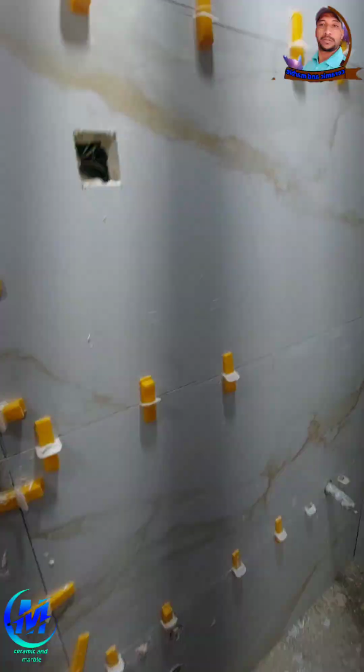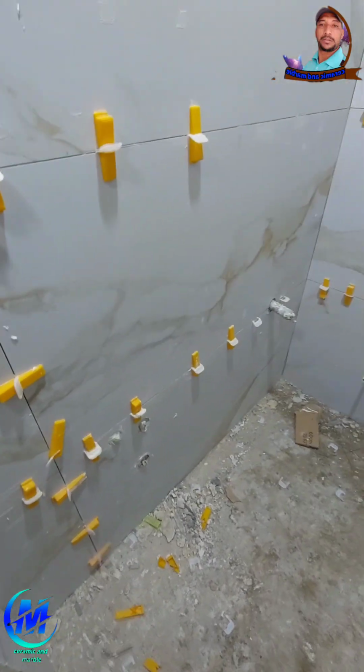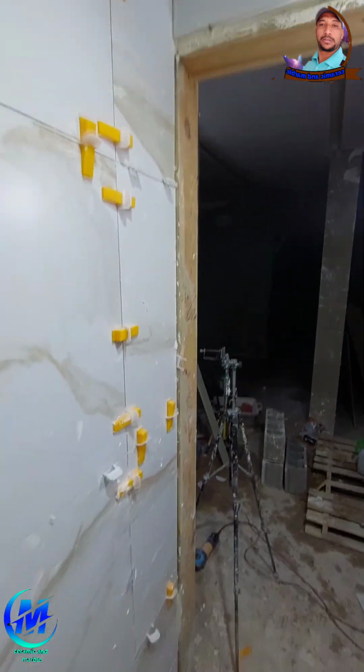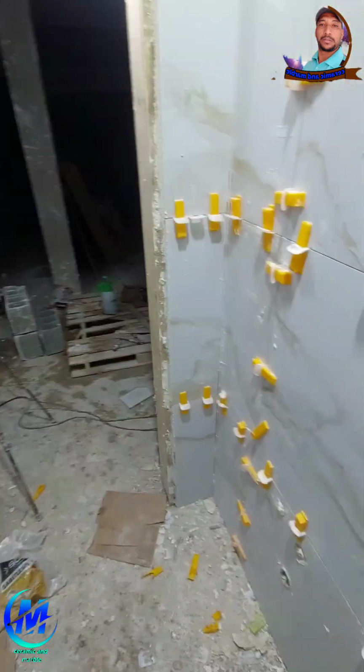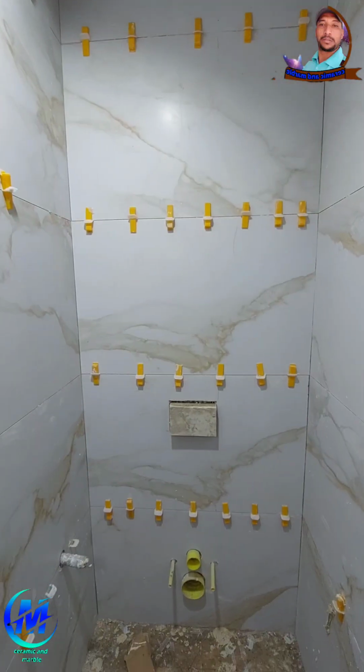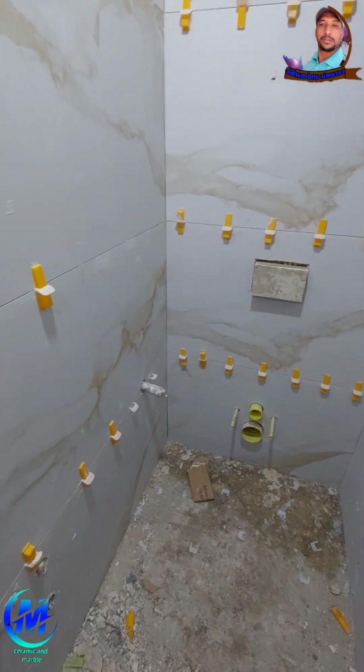Point 10. Pro tip: it's a craft, not a race. Take your time, especially with that first tile. It's better to recheck 5 times than to rush and regret. Professionals always say, start right, finish perfect. With a small space like a bathroom, your attention to detail will